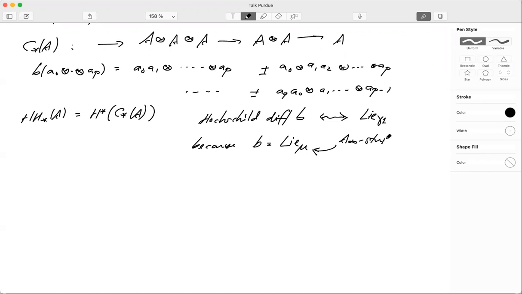Sorry, maybe this doesn't make much sense for people that haven't seen this theory of Hochschild homology before,